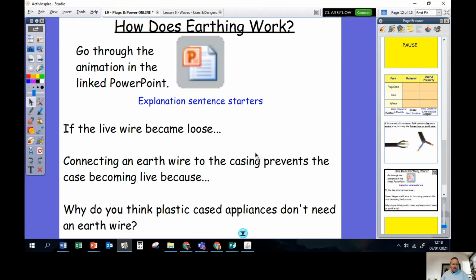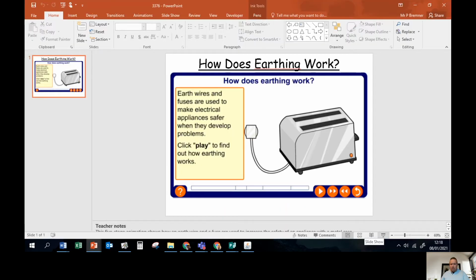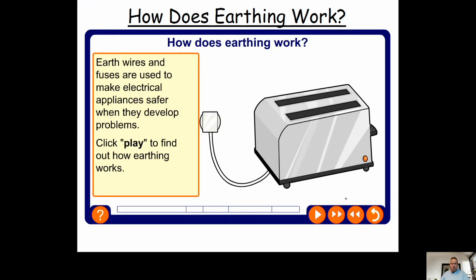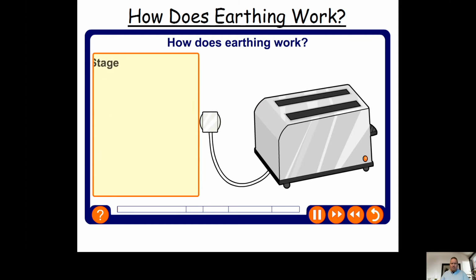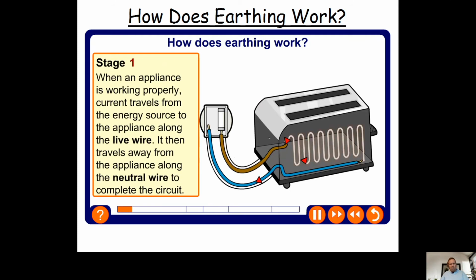So let's have a look at how an earth wire actually helps us if something does become live. Let's imagine our toaster here. Okay, so we've got our toaster. Now, normally, in something which is plugged in, we've got our live brown wire, we've got our neutral blue wire, and normally the live wire carries the current in, and then the current flows back out through the neutral wire. Current flows in along the live wire, out through the neutral wire, and we've got a nice complete circuit there,